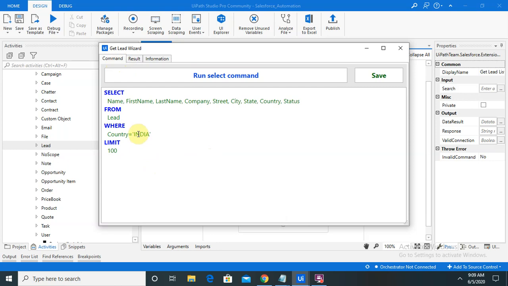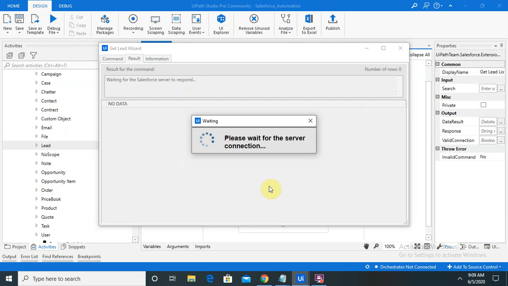India is not available for where country is. I'm not going to provide the country name, so it will extract all of the lead details from all of the countries.